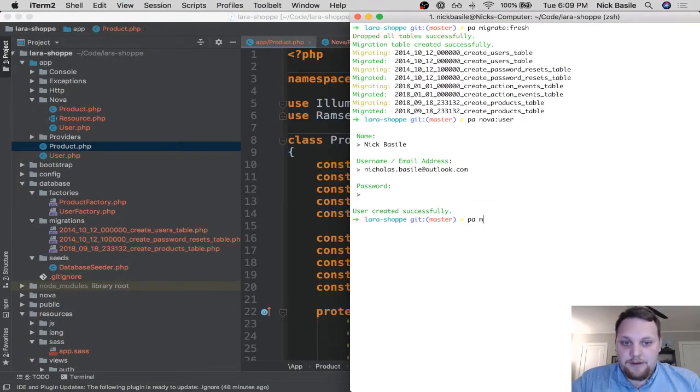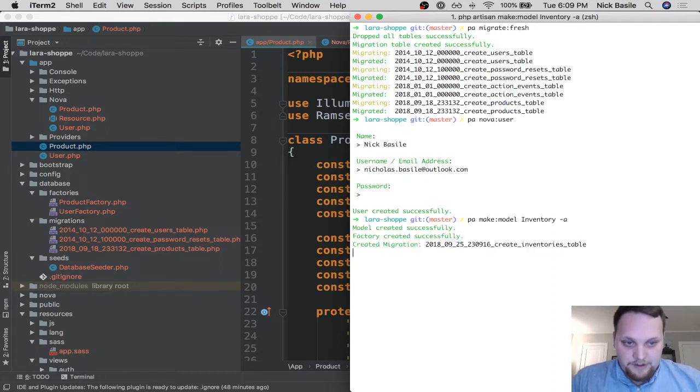So let's see, PHP artisan make model. We'll call it inventory. So this is a more applicable use of that. And then we'll go ahead and throw on the alt tag there. So we create everything